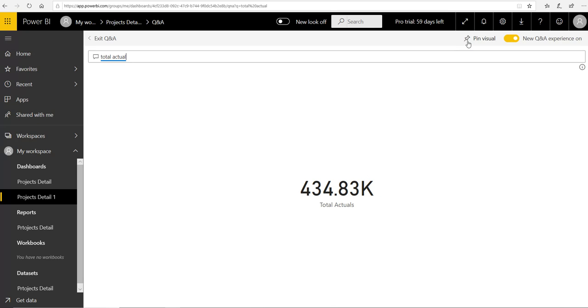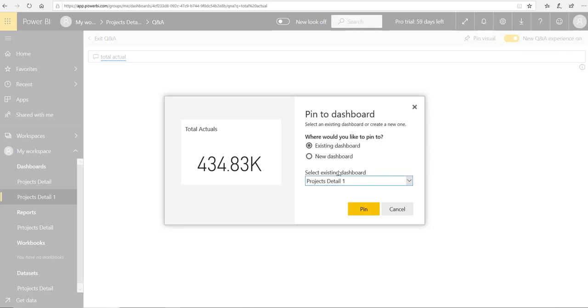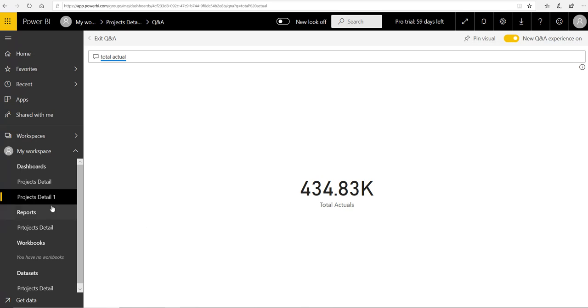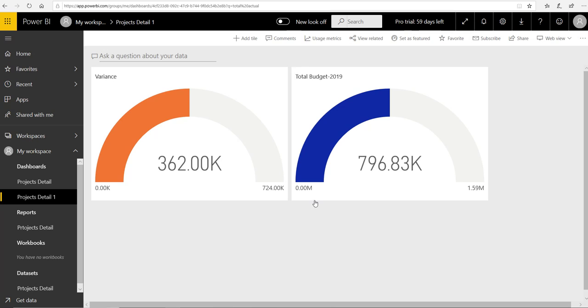Just click on this pin visual. When you click, you will see a card. Again, it will ask you, this is the preview, where do you want it: existing dashboard. Yes, we want this figure or amount on the existing dashboard, and then just close it. And when I click on the projects detail, you will see two graphs and one amount, one figure is here.